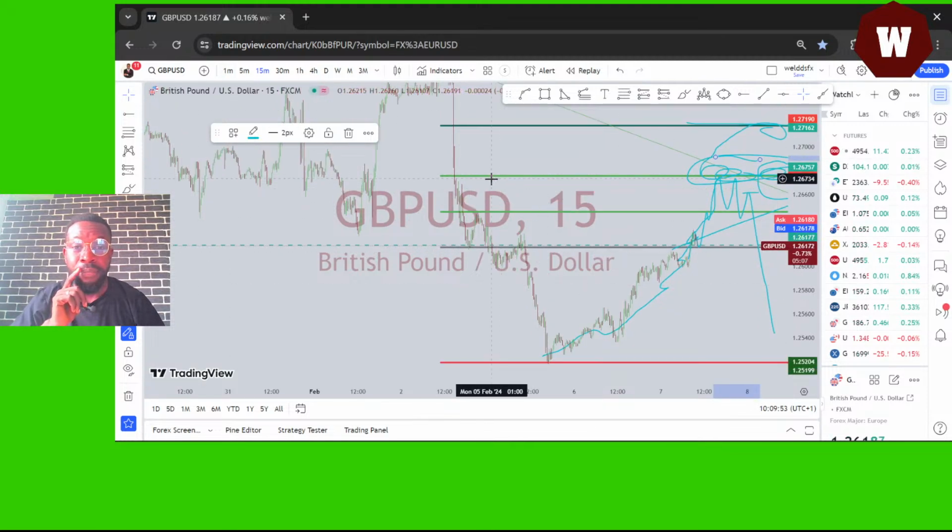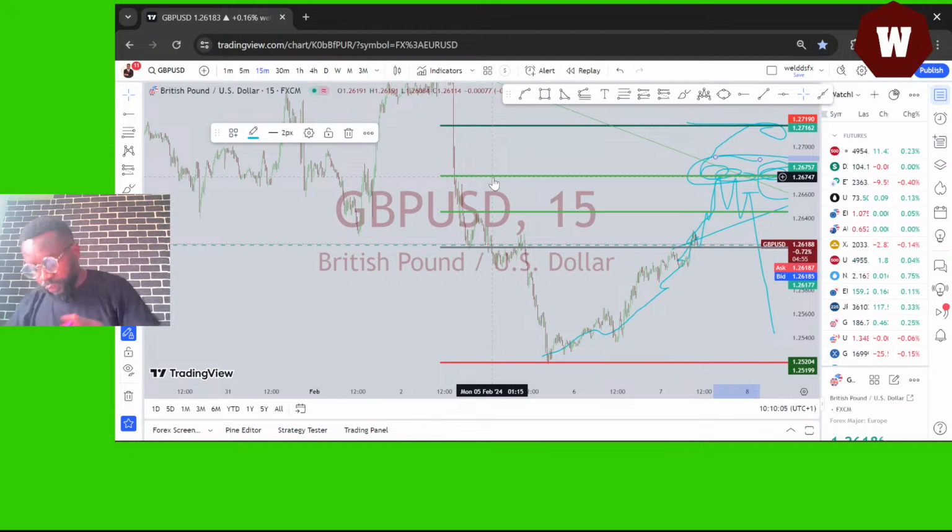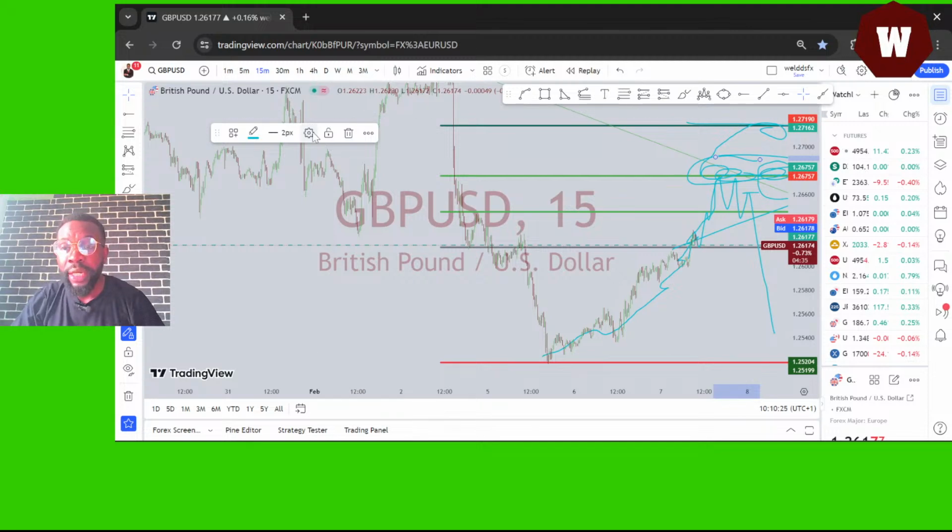For me, I'm taking a pending order right now, a sell limit on GBPUSD at 1.27. Let me take that down. The sell limit at 1.2674. So you will ensure to do proper risk management on that trade. Then another one we'll be looking at is